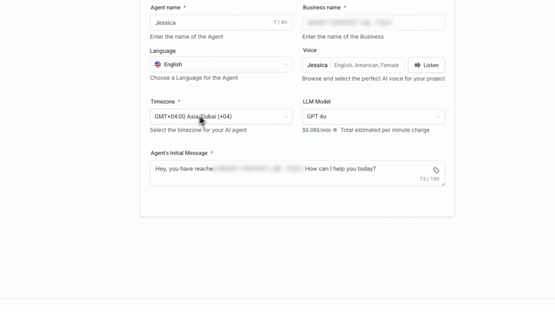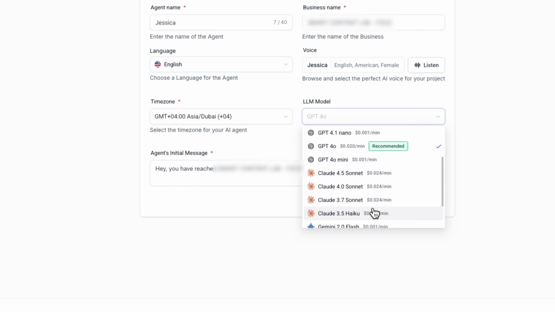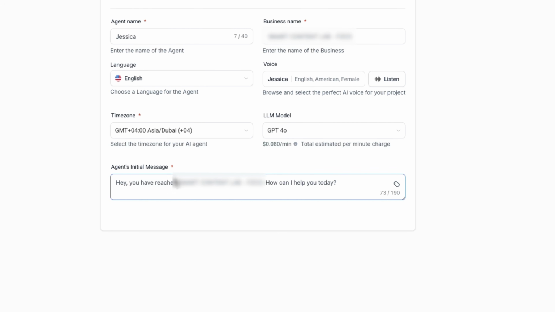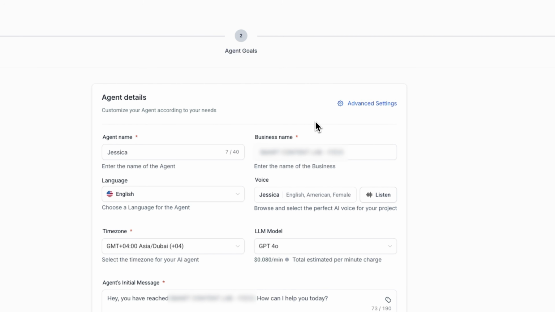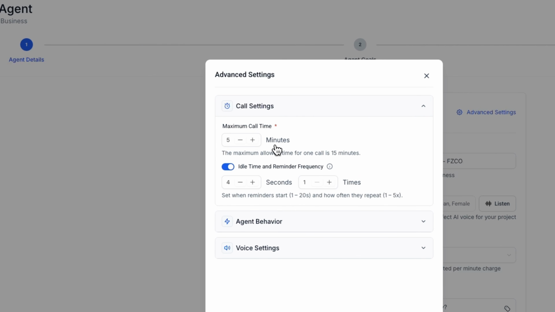I am selecting the time zone, the LLM model, and I can choose from many available options. I'll stick with the system recommended one, which is the most optimal in terms of price and quality. Mates, there's also the agent initial message. This is the first message that appears when the agent is activated. In advanced settings, I can also set the maximum call time and other